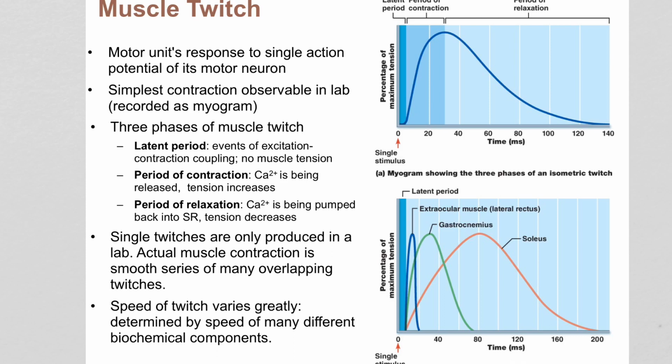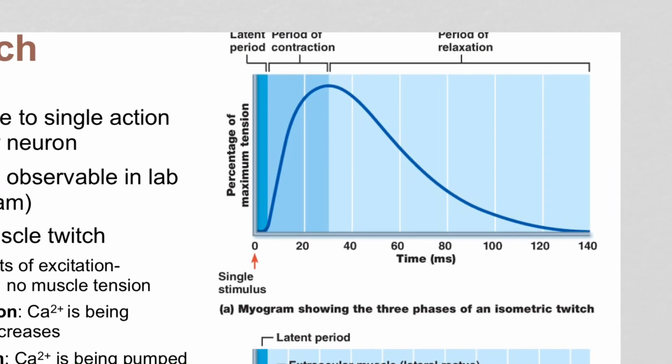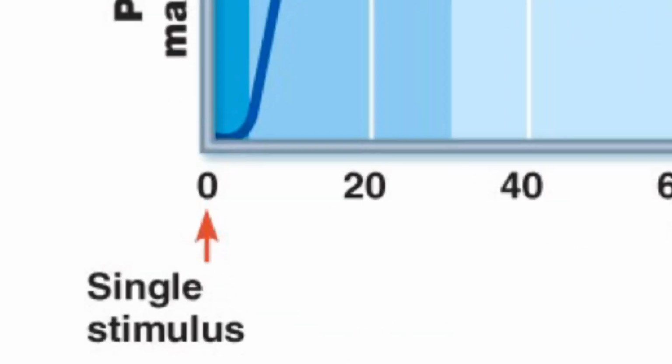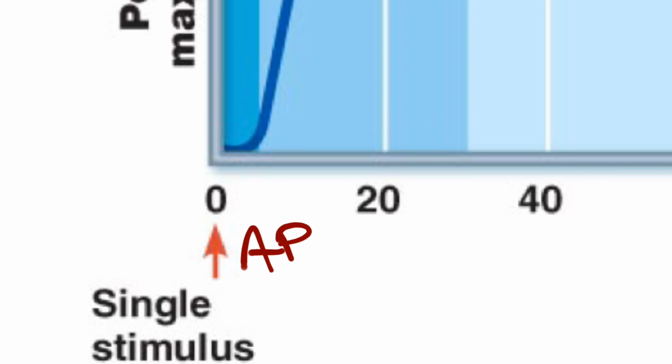Now, this only really happens in a lab setting because in living people, you never have just single, standalone, all by themselves action potentials because, remember, resting tension is never supposed to be zero. But if you did, if you set this up in a lab with a muscle that was taken out of an animal or a fresh cadaver or something, you could make this happen by hooking an electrode to it. So this red arrow, when they say single stimulus, that's supposed to be an action potential, and it comes exactly